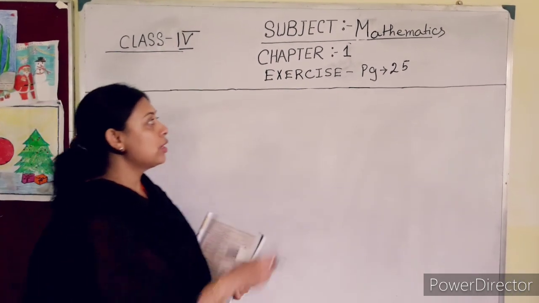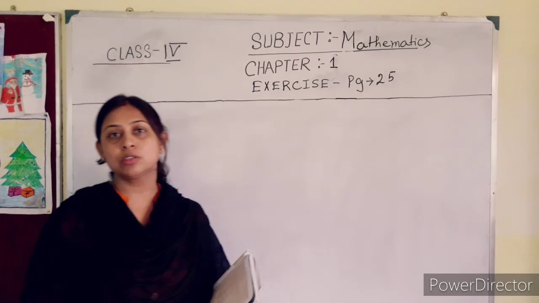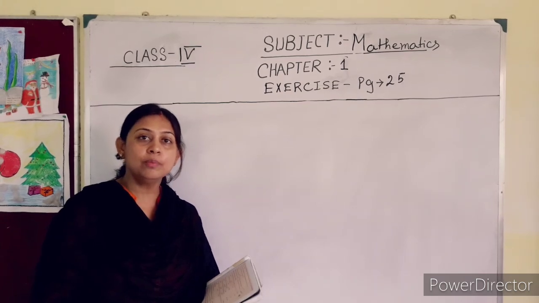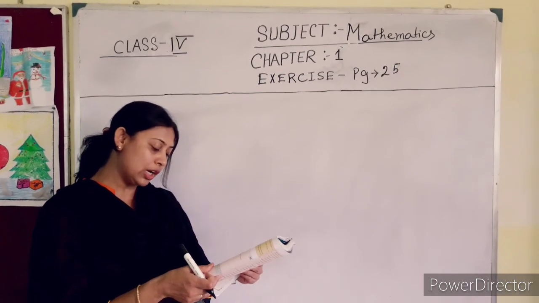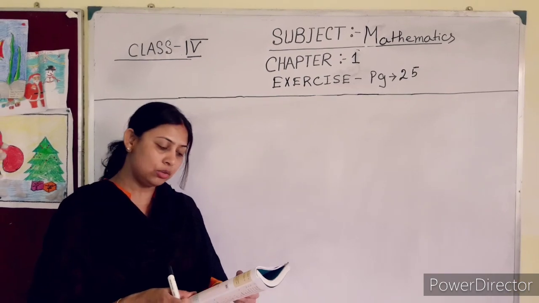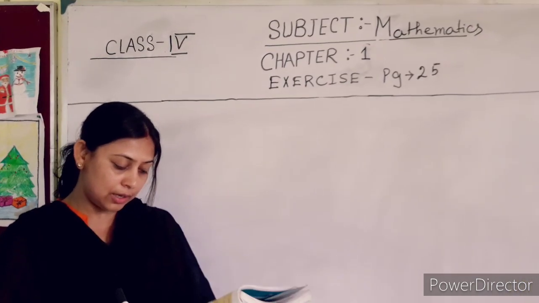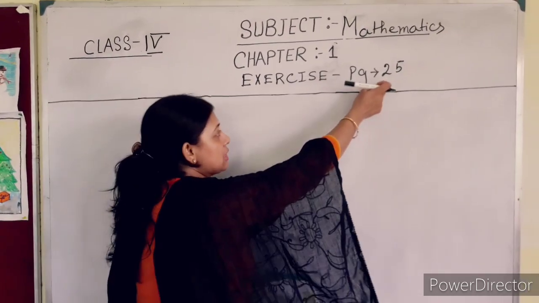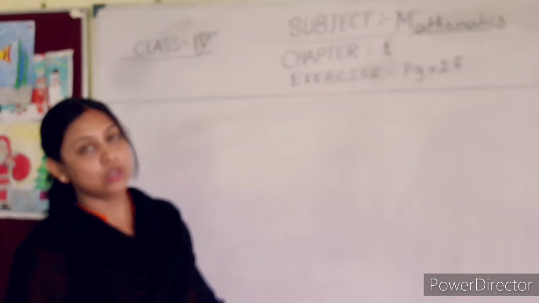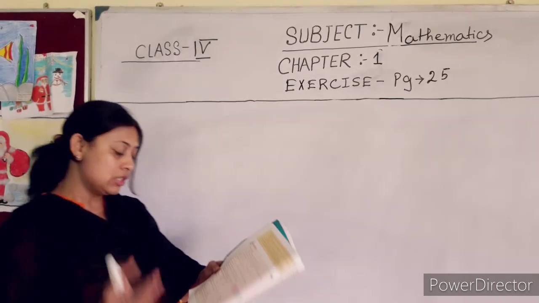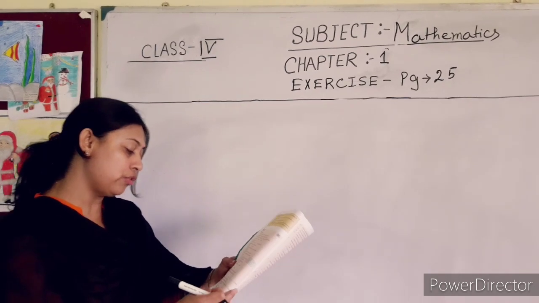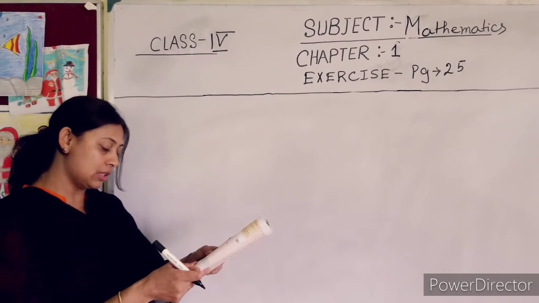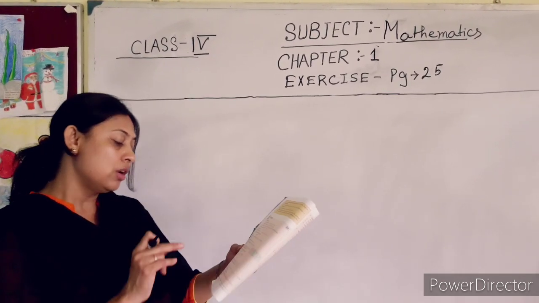So that's why I am explaining page number 25, because some of you have problems in this page. I am starting from question number 16. I think 1 to 15 all of you have done, and it will be very easy for you. I have written here page number 25, but question number 16 is on page number 24. So please open your book to page number 24 first. After that, you will go through the whole of page 25. Clear? Now, page number 24, question number 16.